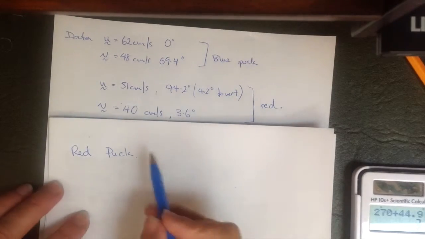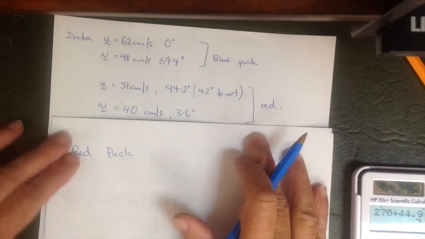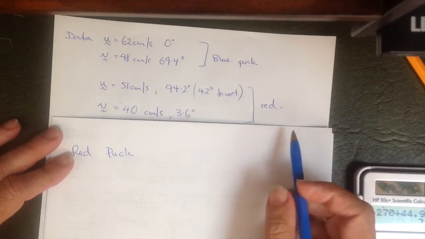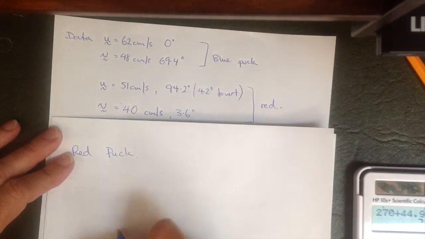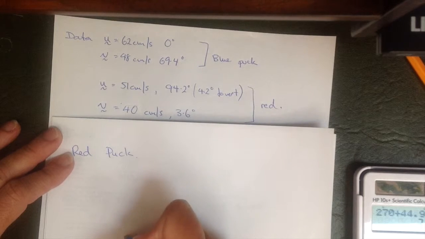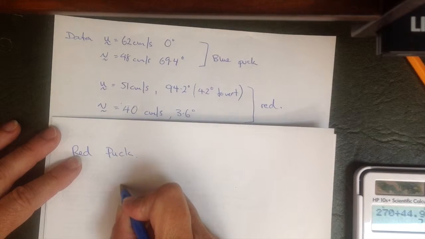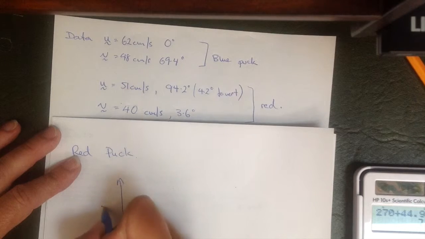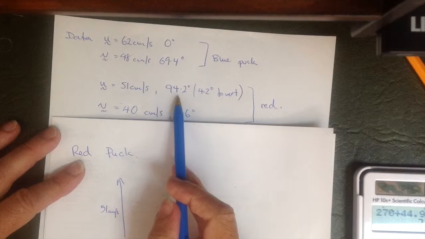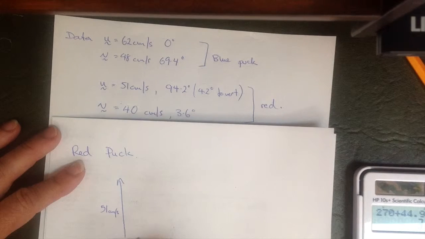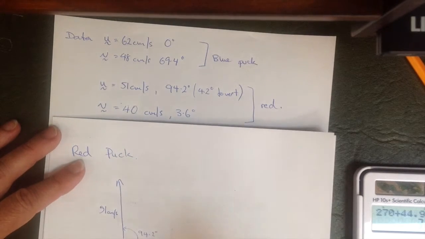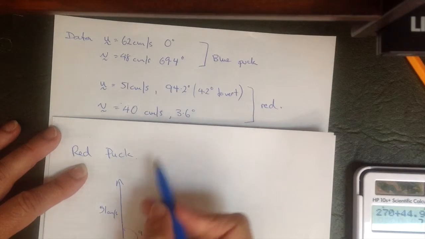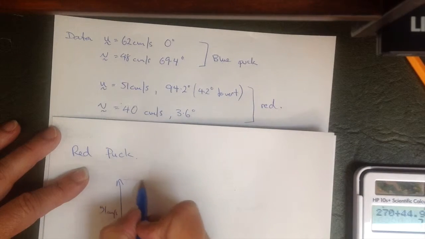Alright, so let's have a look at an analysis for our red puck now. So remember, back to our data, our red puck, we had the puck travelling in a vector of slightly off, going at a vector like that, approximately 51 centimetres per second, and that was 94.2 with the horizontal, making 94.2 degrees, and then it was hit by the other puck and it then travelled off in a direction that